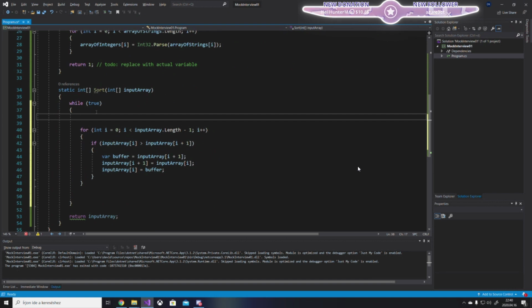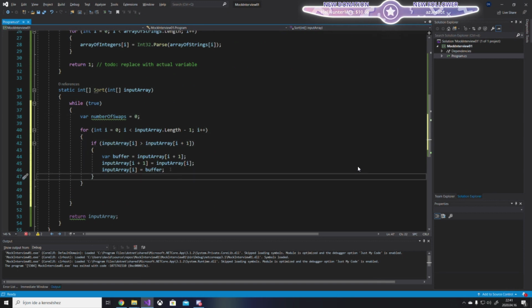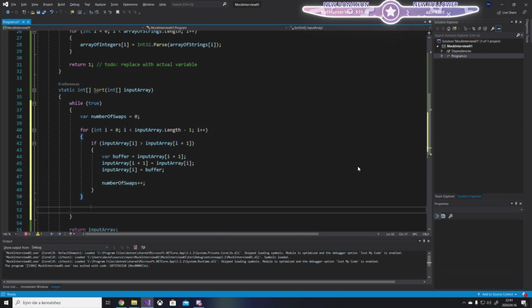So our algorithm needs to know whether there are any elements that we have swapped or not. If there are no elements that have been swapped, here, we make it equal to 0, and each time I swap an element, I'm gonna increment this by 1, and then at the end, if... the one thing we're still missing is to set it back to 0 after each pass, so we're gonna have to,